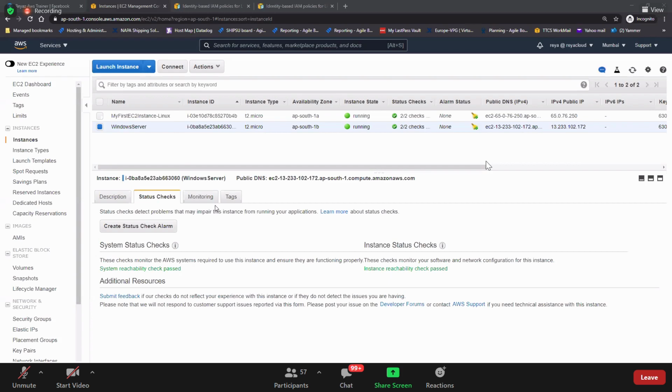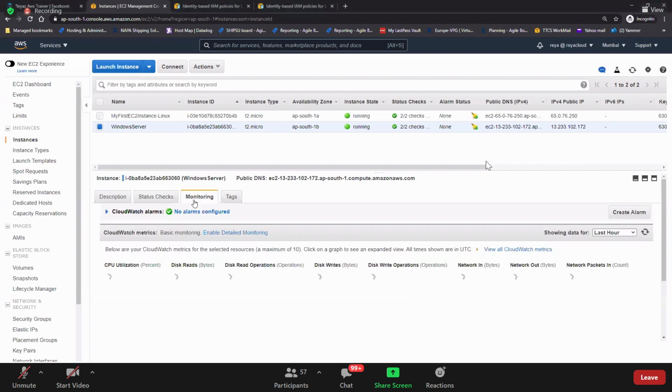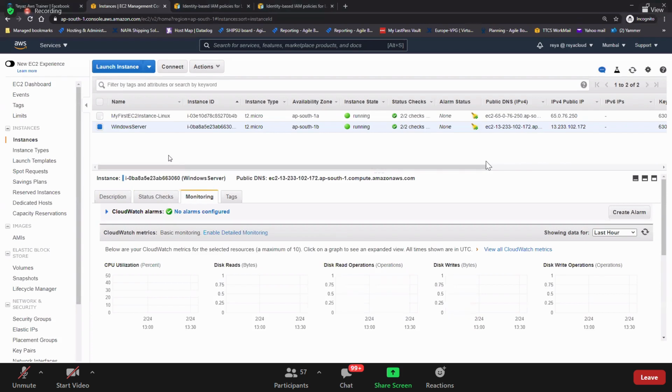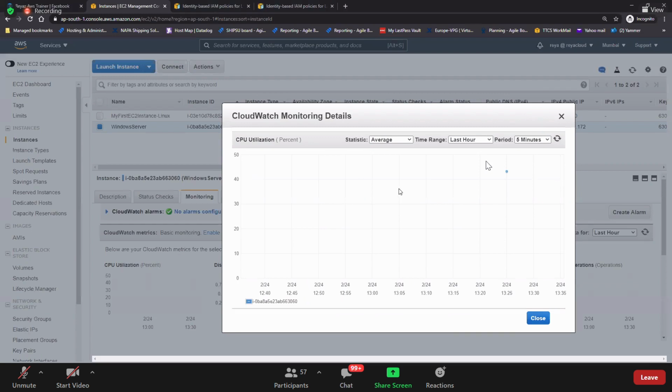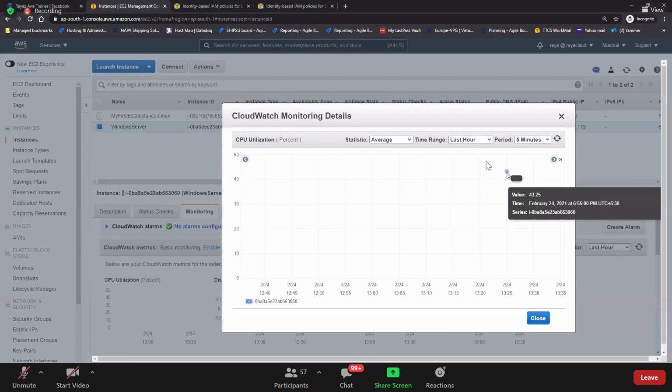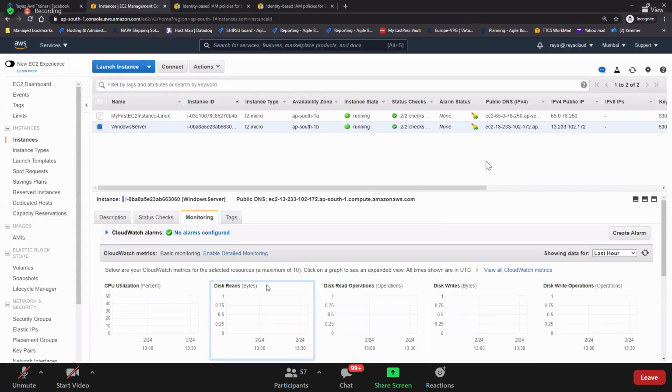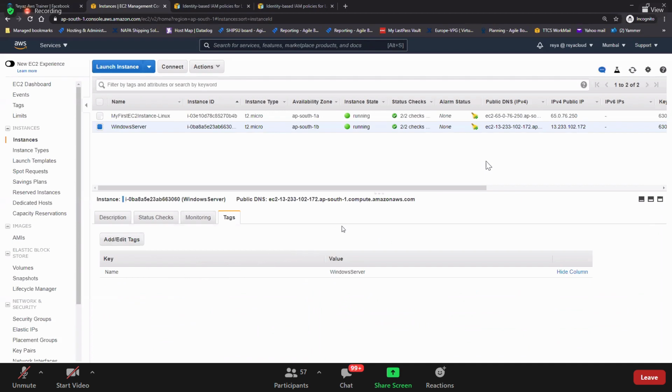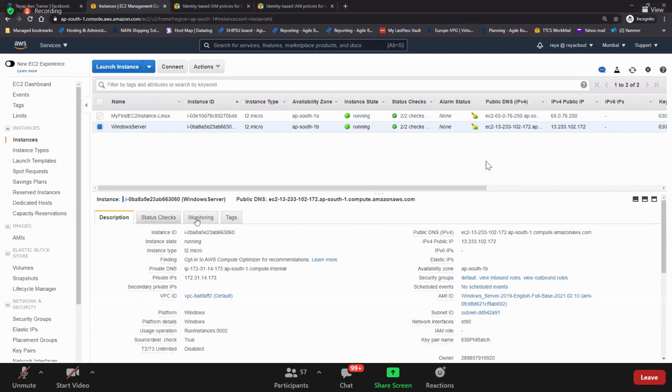Okay. So, and now this is about the statistics here. And then here we have monitoring. Do you remember that? What is the service which will be monitoring your EC2 instances? CloudWatch. So do you see this CloudWatch here? So you can see the CPU utilization, right? And then we'll talk in detail on this when we go to the CloudWatch section, but not now, right? But you can see all kinds of monitoring here. And then tags that we have given here. Do you understand description, statistics, monitoring, and tags? Everyone?